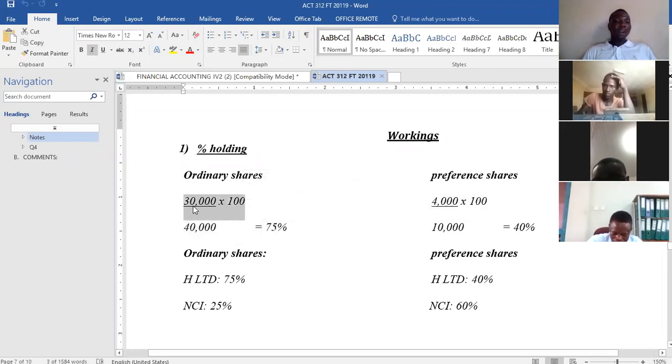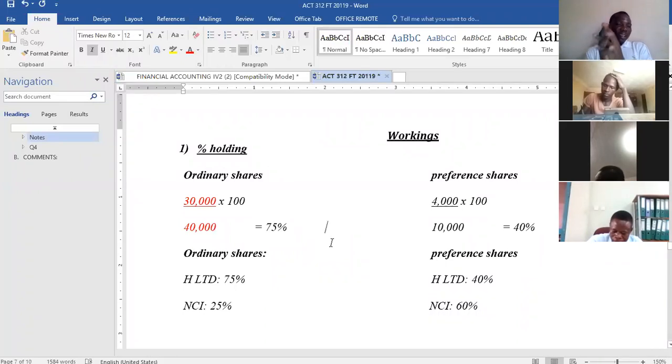I'll say 30,000 divided by 40,000, then multiply by 100. He bought 30,000 out of the 40,000 shares, so he is getting 75%